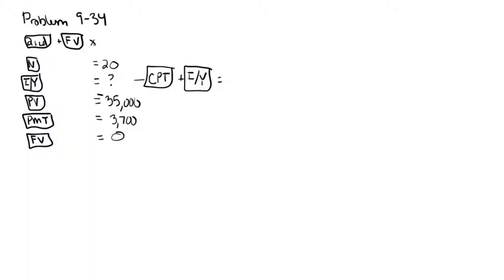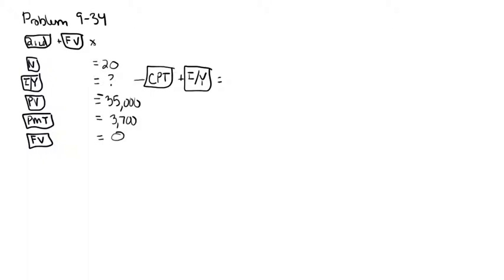So we're going to type the number 20 and then press the N key, type 35,000 and then the plus minus button, and that will convert that 35,000 to a negative. Okay, so if you push the plus minus button that's in the bottom right hand corner, that'll convert that $35,000 to a negative, and then push PV. Okay, and then our payment is $3,700. Payment button, and 0 for our future value. And now all we have to do is compute